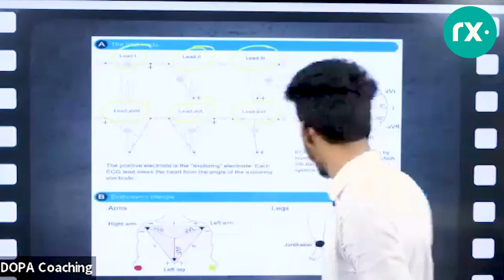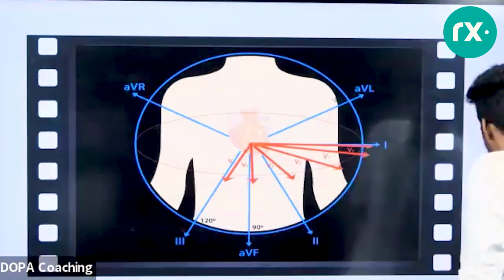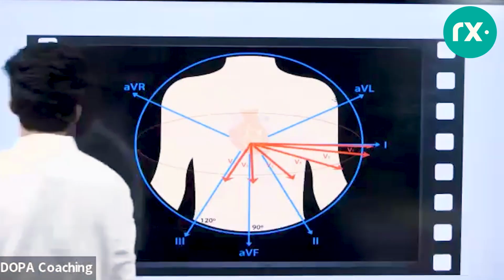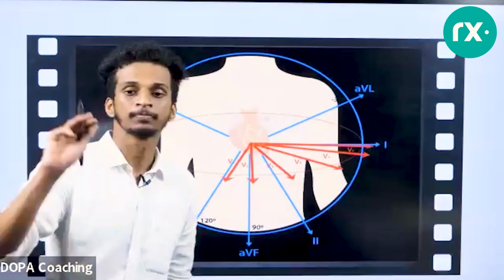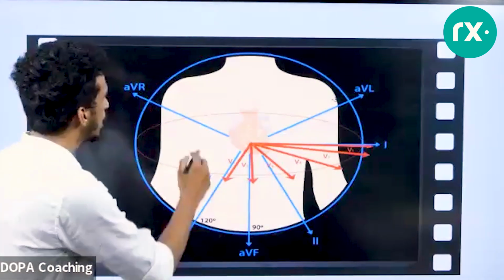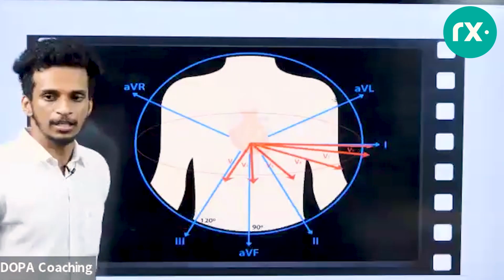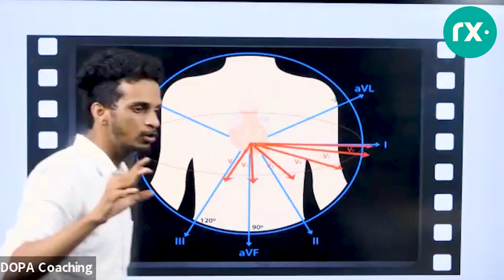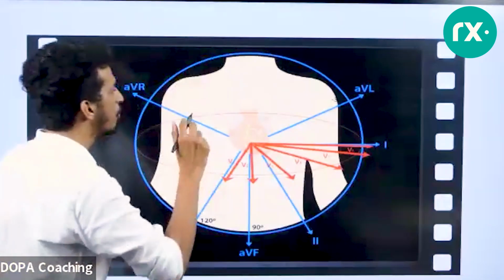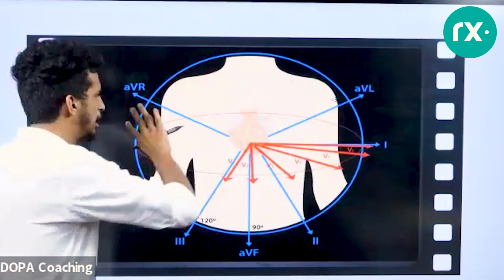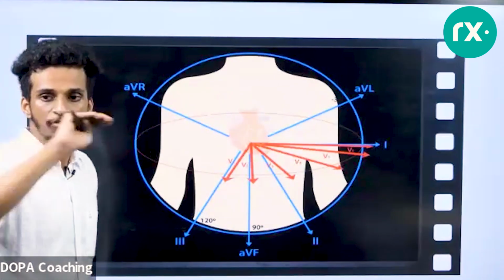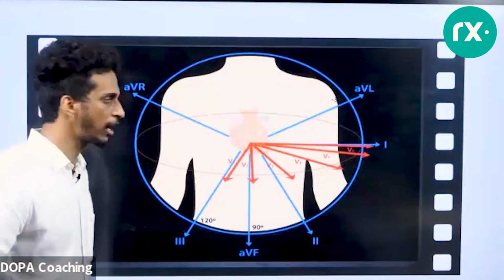Okay, for our level. Now, let's speak about the placement of leads, and this will be important when you deal with conditions like ischemic changes, like in MI. This is the 3D representation of Einthoven's triangle. Einthoven's triangle is basically an arrangement of different vectors. I will not be detailing this because it will take much time. But just know when we arrange different leads in Einthoven's triangle,